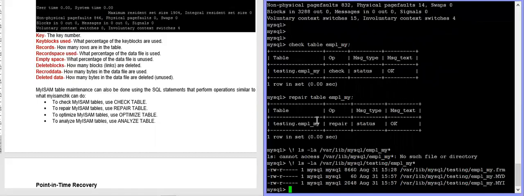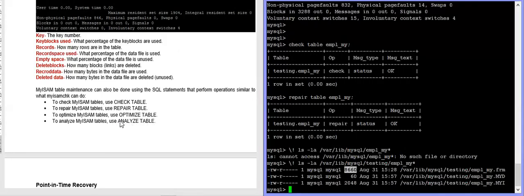So these are three files. If you delete some records, like if you have millions of records in this, and you feel that even after deleting so many records the space is taking the same size, then you can use optimize table and the table name. You will find that the space is recovered and returned to your operating system.